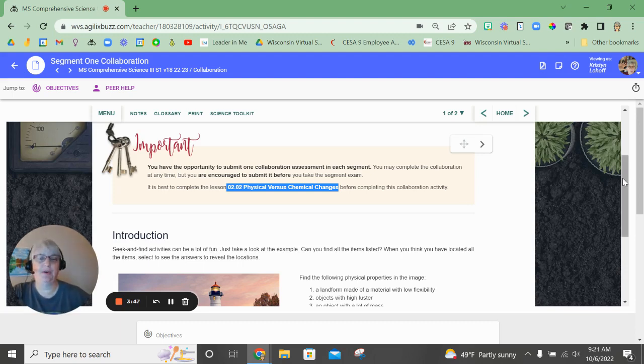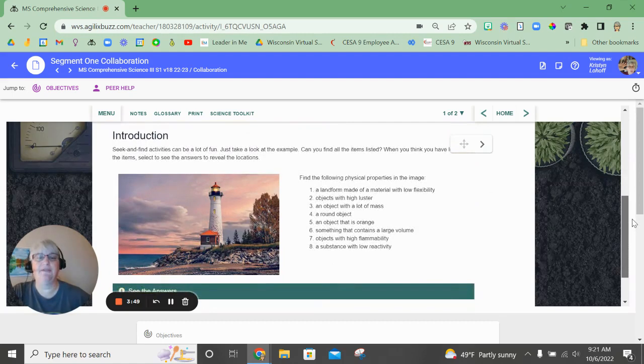So an introduction to what you're going to be doing, you're going to find a photograph that does not contain any people, similar to this photograph right here of a lighthouse along the ocean, or maybe it's a lake, it could be a lake. Then once you've found this image that you are wanting to use for your seek and find activity, you're going to describe objects in that picture. 6 of them are going to be described by physical characteristics or physical properties, and 2 of them are going to be described